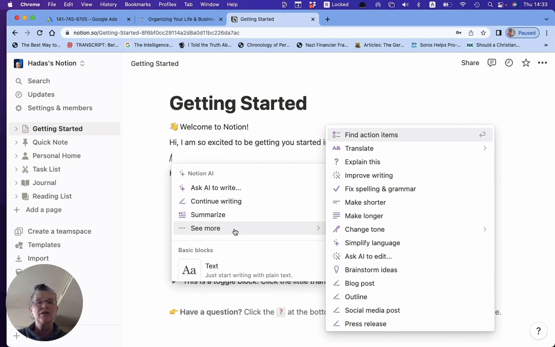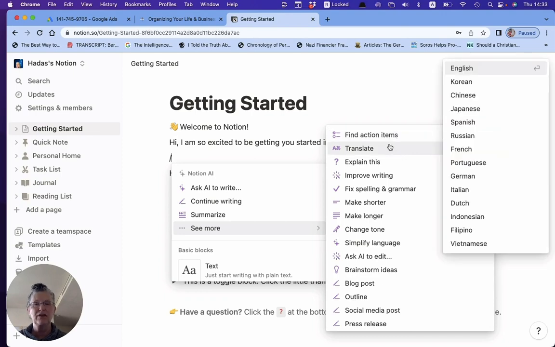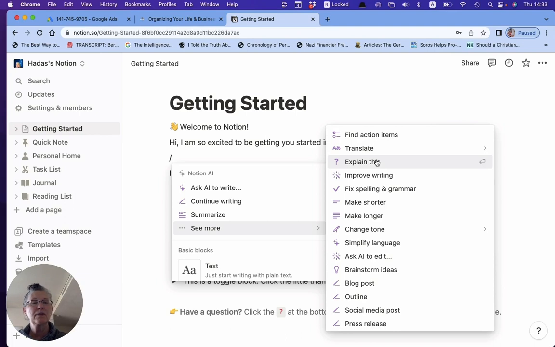Now, with that, if you see more, it will automatically pop up all this stuff. Look at this. Find action items. We're not there yet. But if you want to translate your stuff into any one of these languages, there it is. If you need an explanation on something regarding what you're working on in Notion, it's right here. You want to improve your writing? You put it in here. It'll fix all the